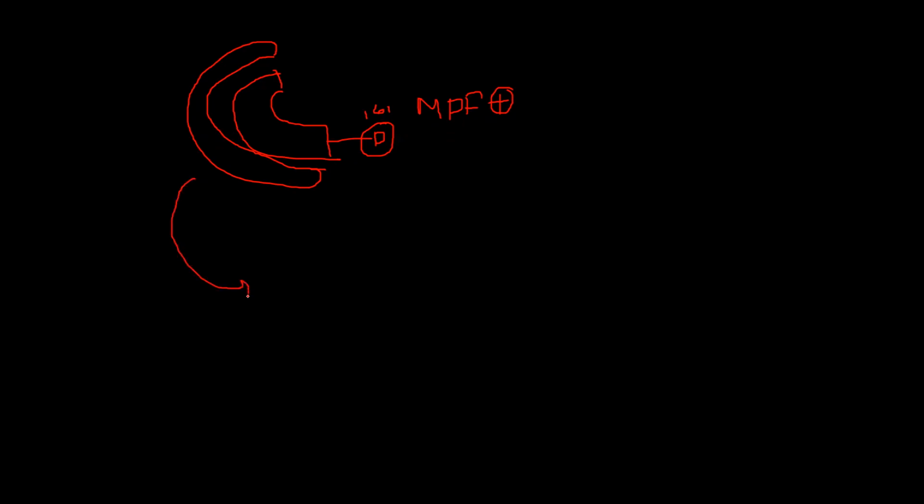Clear? Yes, ma'am. Okay. So this is the CDK. Now this one is the cyclin. So at threonine 161 position, there will be a phosphate group. Now this CDK and cyclin, that is forming the MPF. Now this MPF is active. This positive sign I am writing for just active protein. Now, what will happen? This MPF will